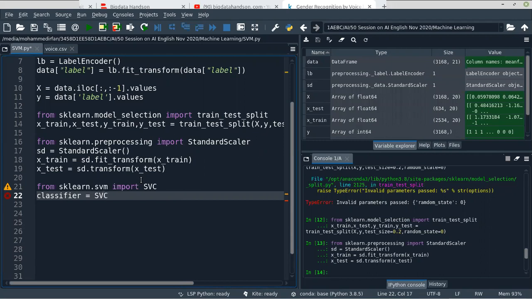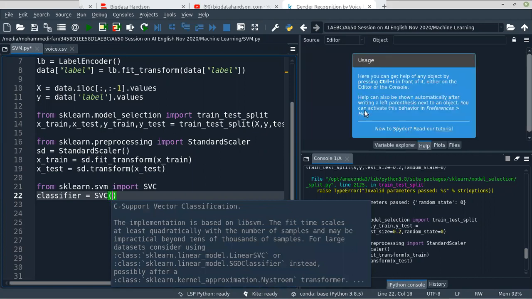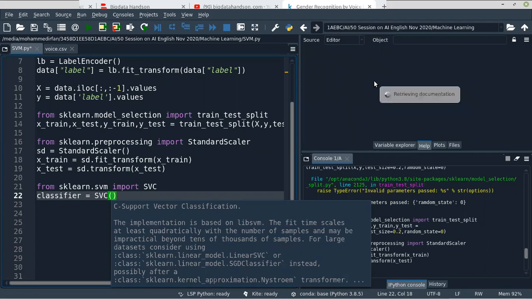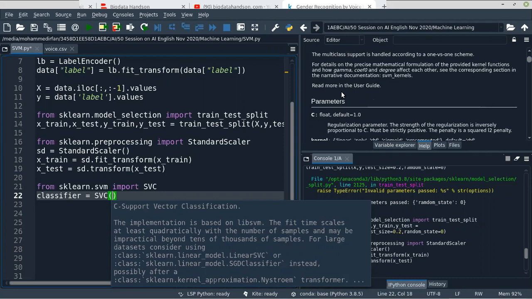Here if you press Ctrl I, you will see the help. In the help tab you will see the parameters and their definitions.